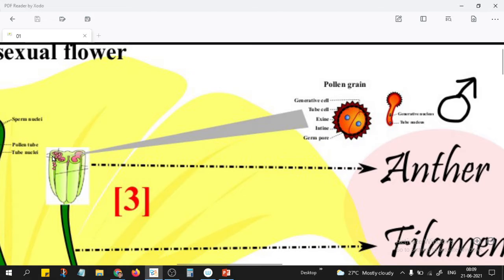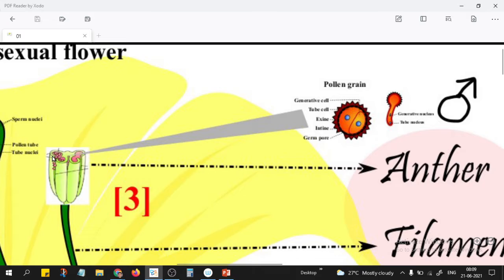Stigma, style, ovary. Okay, stigma, style, ovary. Broadly, this is the anatomical feature. Inside the ovary, they are the ovules or the eggs. Okay, this is the female reproductive structure. So pistil or carpel, this whole single structure is called a pistil or carpel. There may be many of these, together they are called the gynoecium. Okay, so that's what we are seeing, that a complete flower will have 4 whorls.